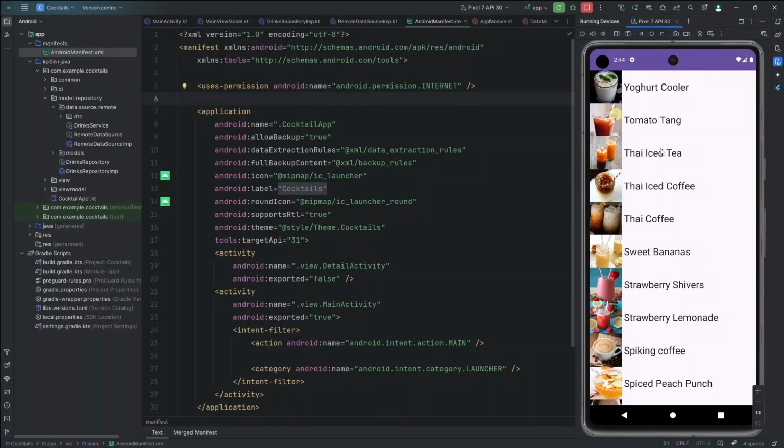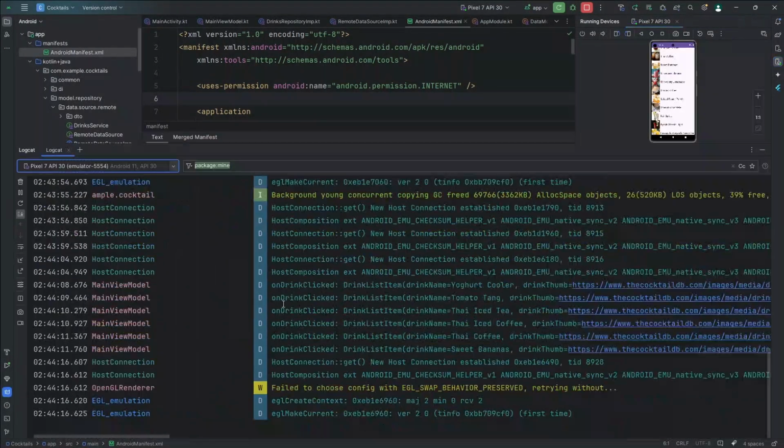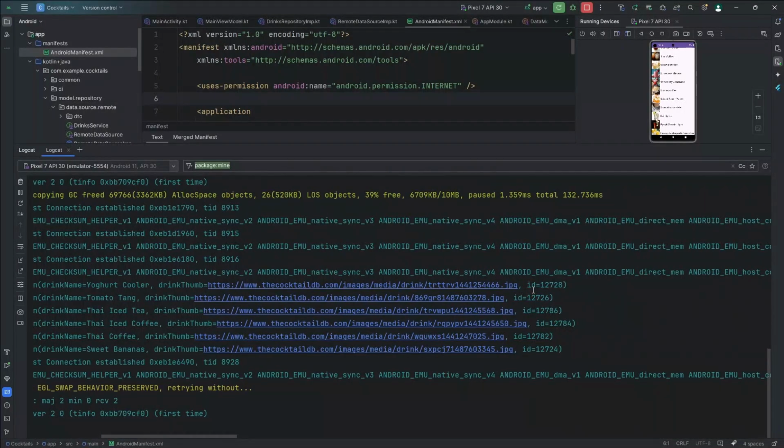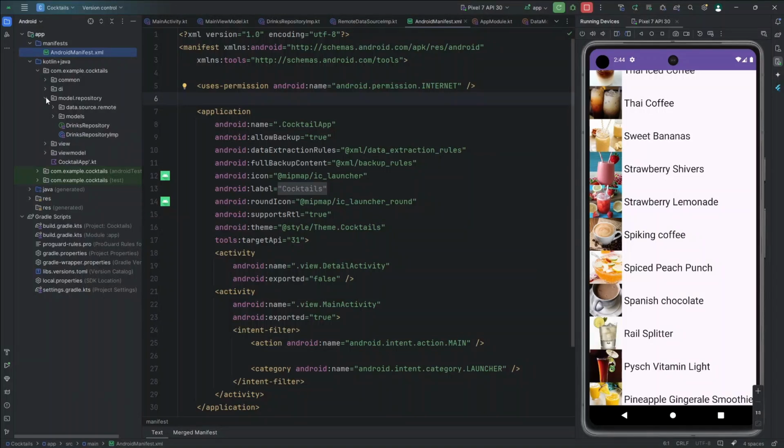So if we click on each item, it will not be performing anything. Instead, it will be logged right here. As we can see, the drinks list item is clicked, and it's this one, with that ID. Now we have to add the implementation for the drinks detail. All right,